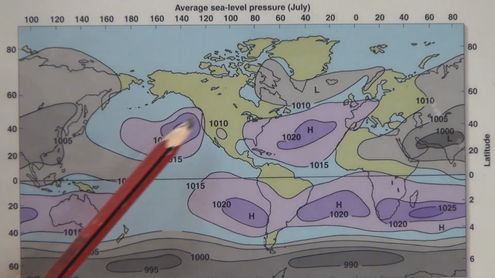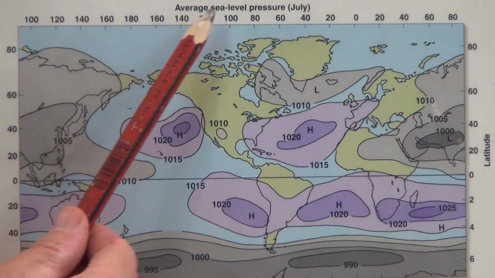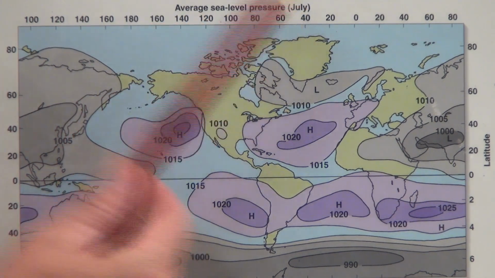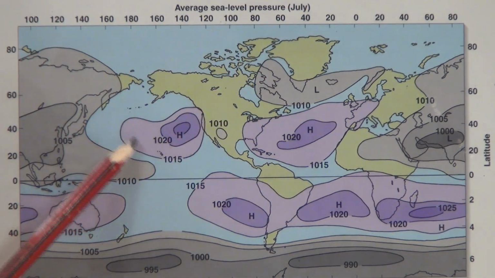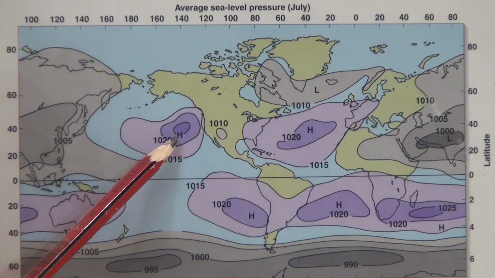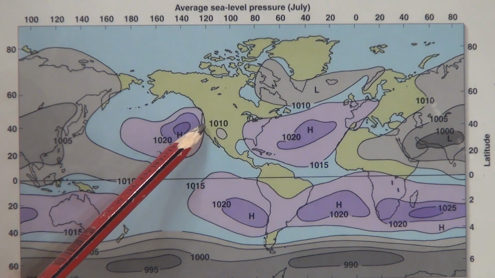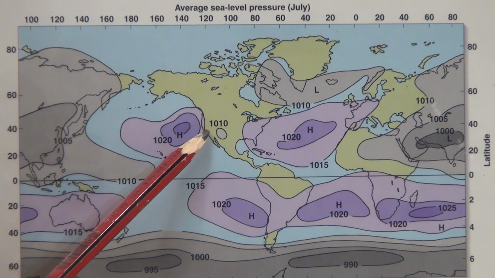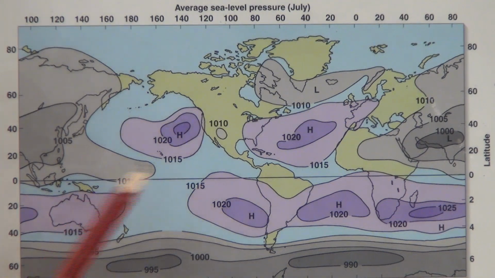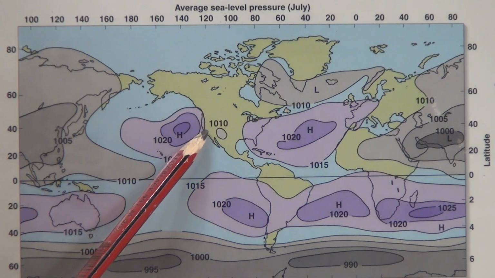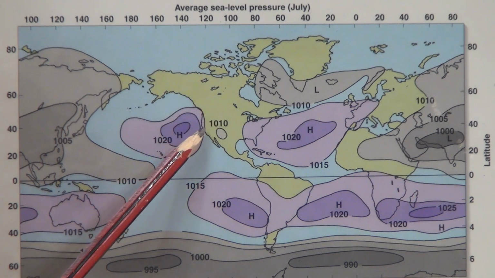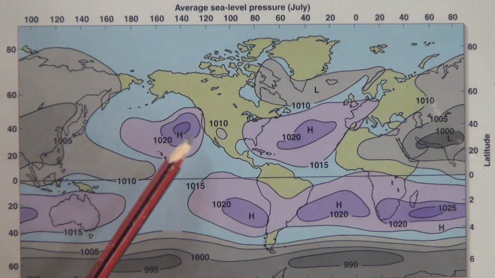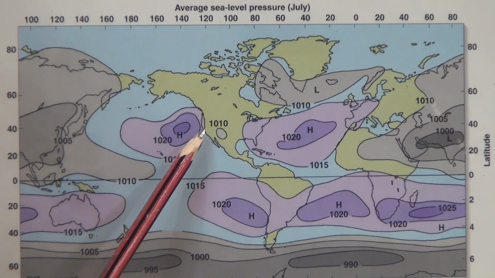Okay, so specifically looking at the map, the average sea level pressure in July, we can see with the isobar lines that we have a high pressure system sitting off the west coast of the United States. And this is what keeps Southern Oregon and Northern California and Southern California quite dry at this time of year. Here we are in October, and we're looking at temperatures again, 80s, 90s. What I mentioned earlier is we probably won't get significant rain until after Halloween.